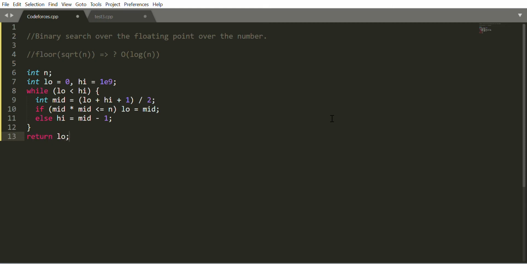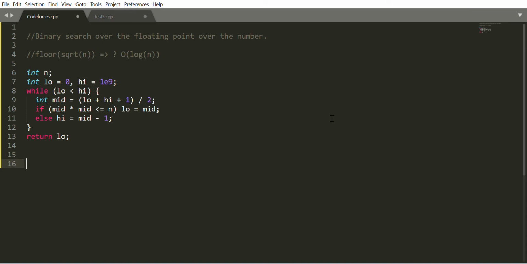So now it works perfectly for this problem, to find the square root of n in floor function. Now, to make it run for the main problem, we need to make some changes.